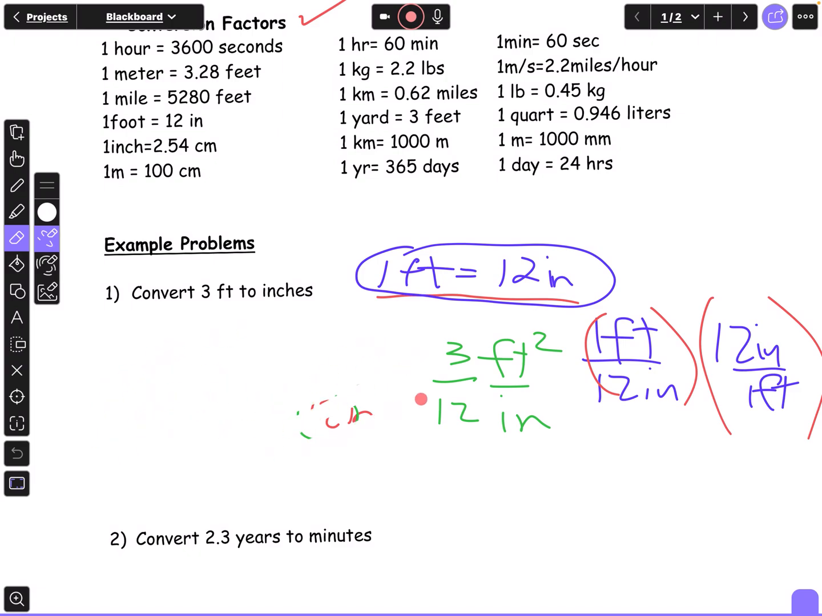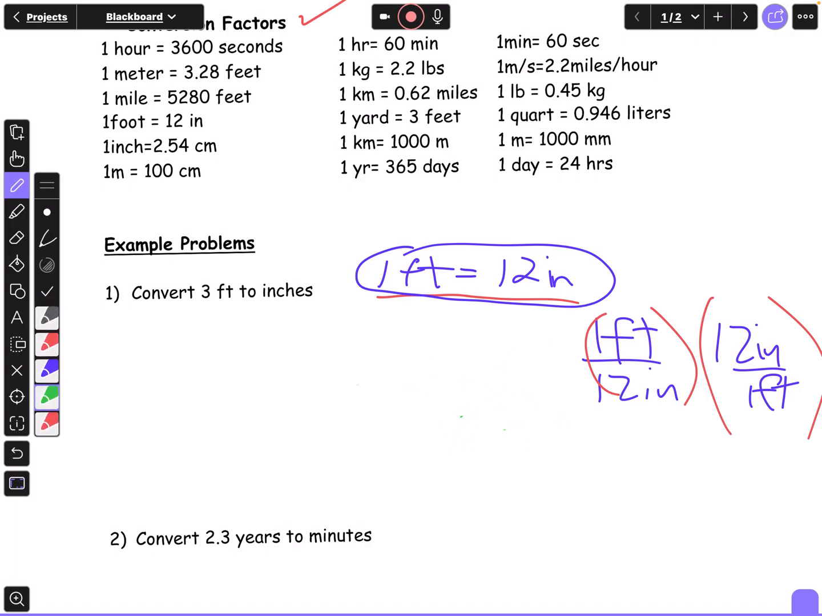So there's only one way I can work this and multiply by my conversion factor. So if I start over, I have 3 feet. I'm going to put that over 1. I'm going to multiply by my conversion factor. And like I said, when I put 1 foot over 12 inches, I came out with feet squared over inches. So I'm going to do it the other way. Now I'm going to put the 12 inches on top